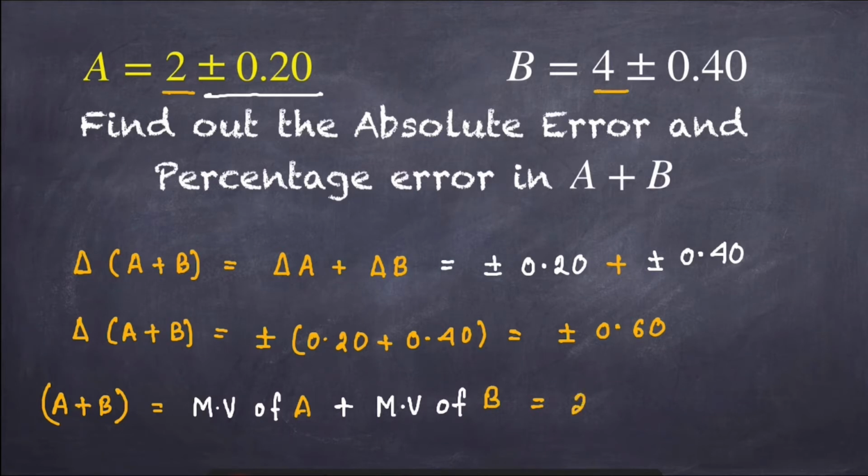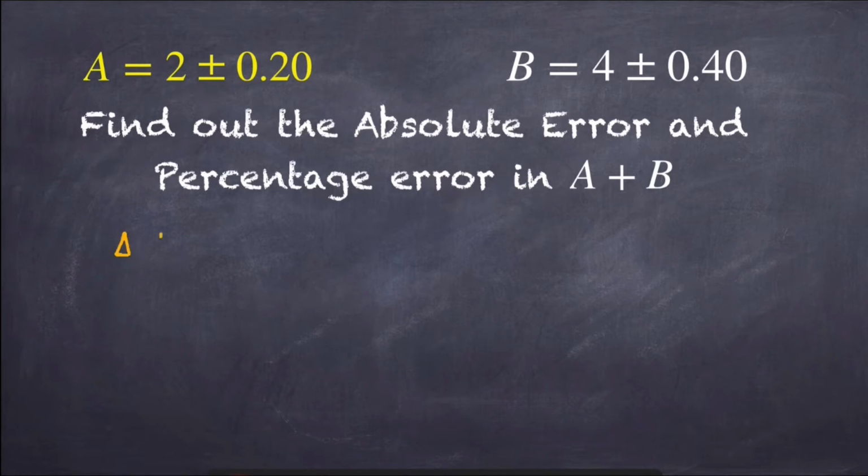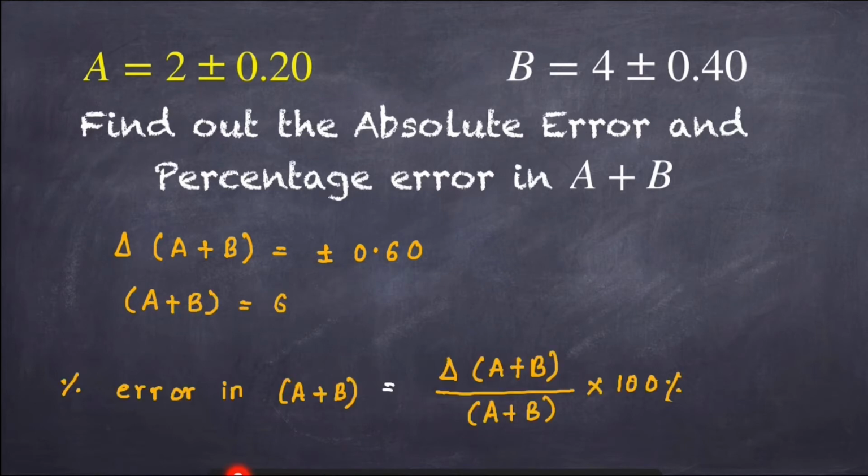So that means this will be equal to 2 plus 4, which is 6. So we found out the absolute error in measuring the quantity A plus B was plus minus 0.60. And the measured value of the expression A plus B is 6. So the percentage error in the expression a plus b will be equal to